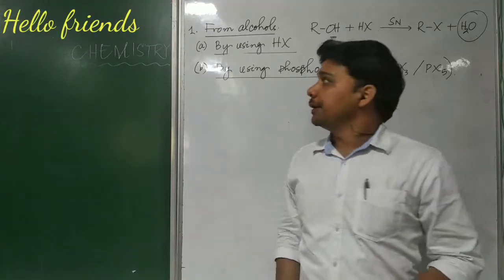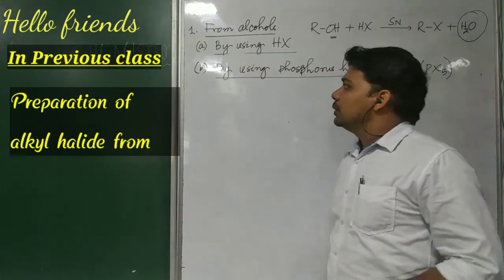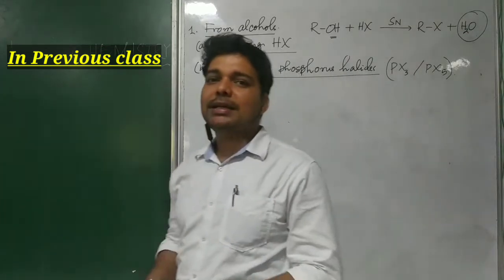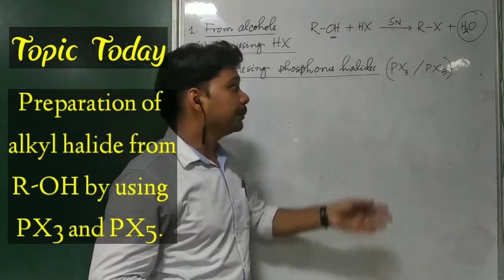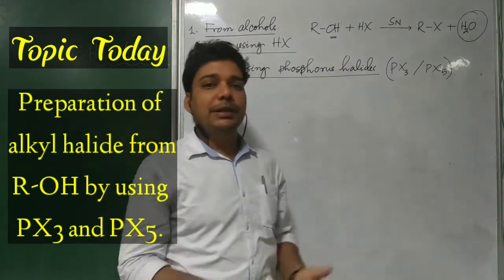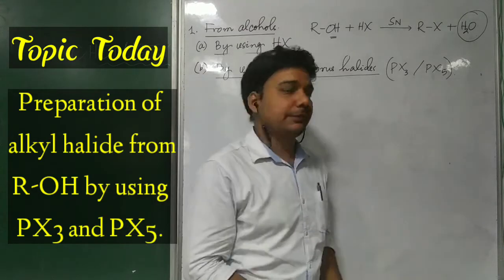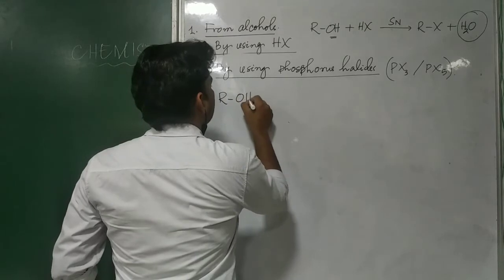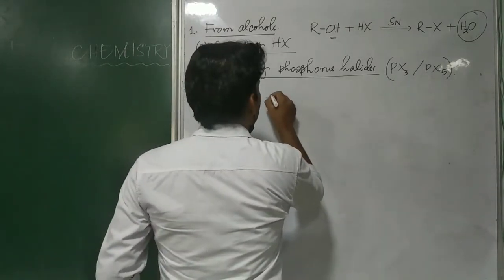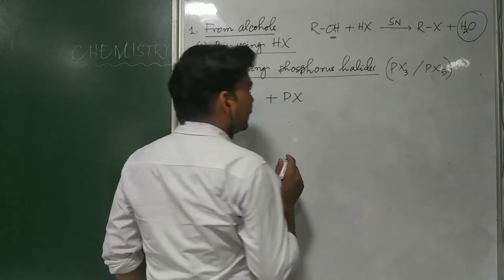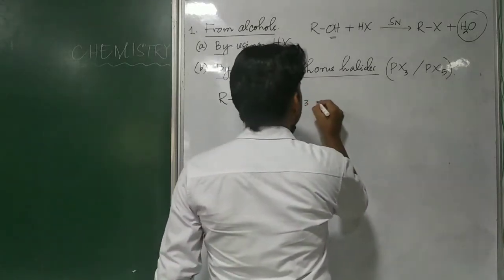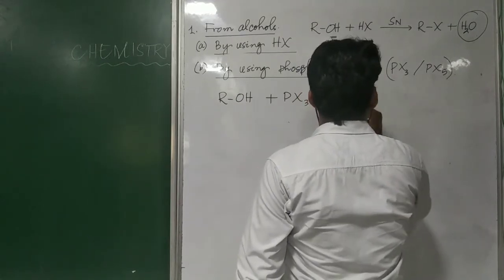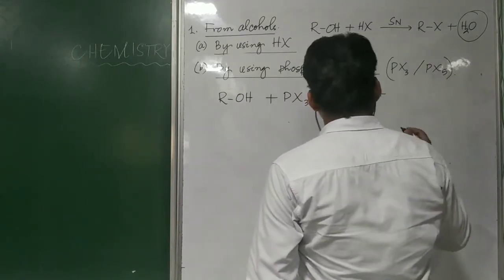The next method is again from alcohol, but the reagent is phosphorus halides: phosphorus trihalide and phosphorus pentahalide, which are represented as PX3 and PX5. The chemical equation is alcohol treated with phosphorus halide. Let us consider the trihalide first, PX3. As a result of the chemical reaction, you will get the corresponding alkyl halide, and the side product formed here